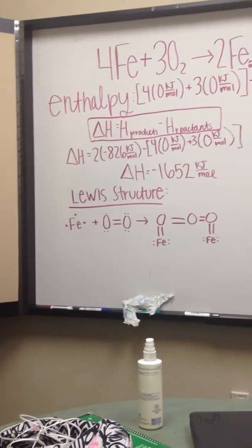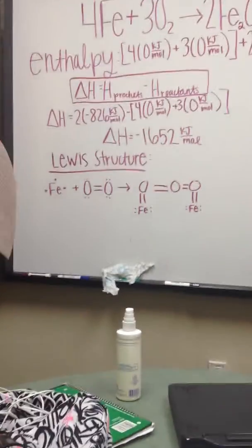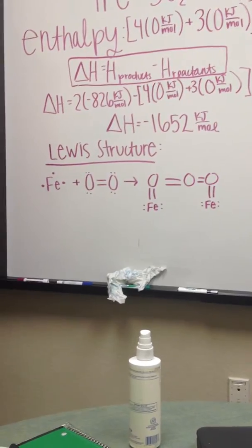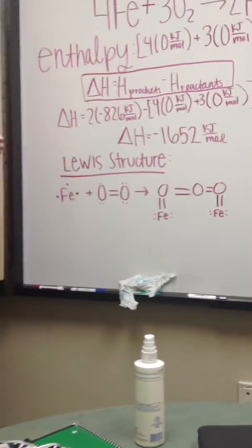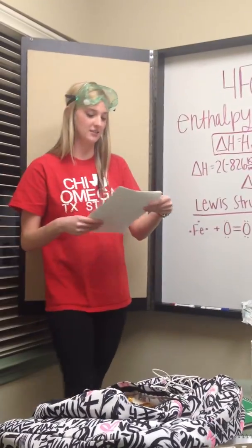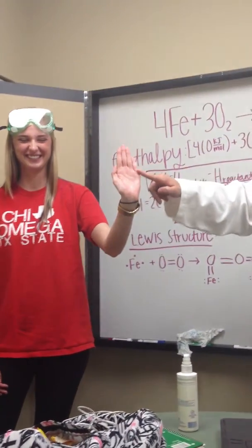Now that you have the equation, you can even draw the Lewis structure for the reaction. It will probably look something like this. Now that you have the basics down, we can go into more detail with the heat packs and all the chemistry between the little packet of heat in your hand. Let's start by looking at the surface area of the human hand. The area is the length times the width for the palm and the,